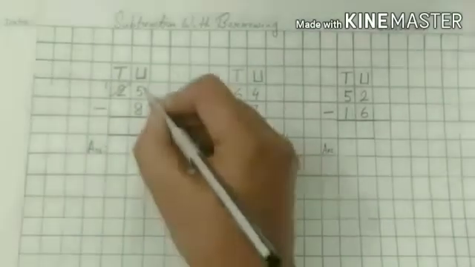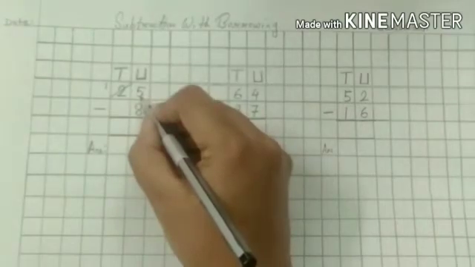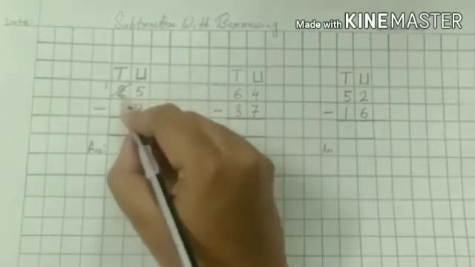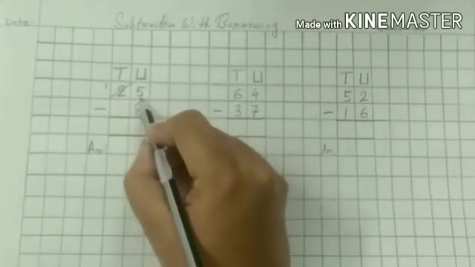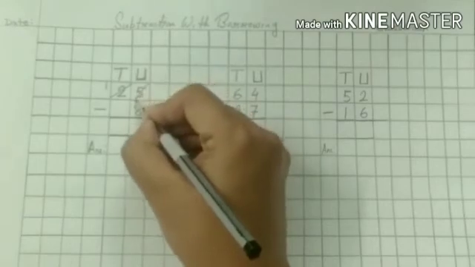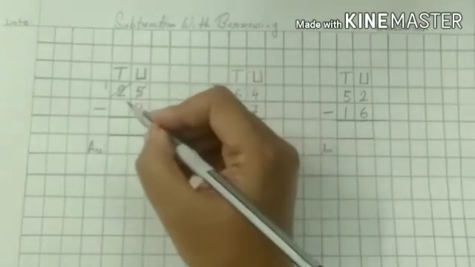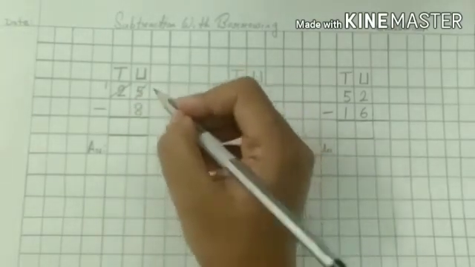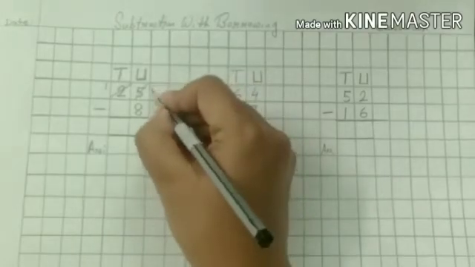And 5 becomes 15, because we borrow 1 ten from 2 tens and add it to the 5 units. So, 5 units plus 10 is 15. So, this becomes